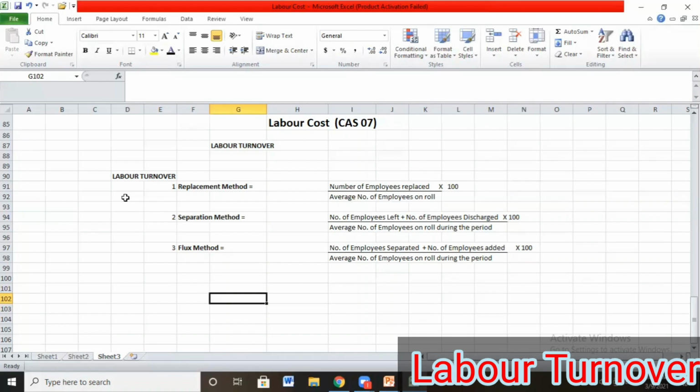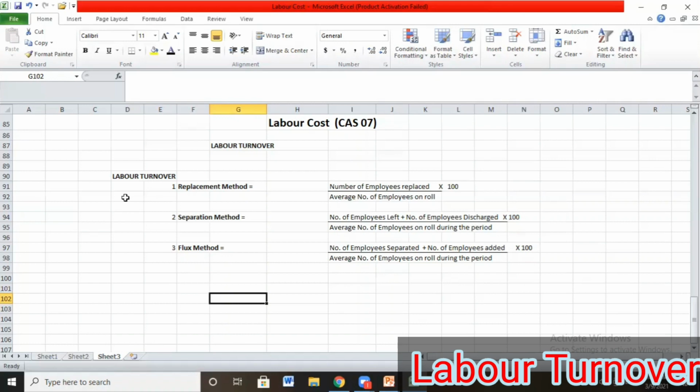So the remedies, the steps to be taken. First is the exit interview. When any employee is leaving your job, we should conduct his exit interview. In the exit interview, the outgoing employee may answer the reason and may enlighten us about some reasons why he is leaving the job, and if they are avoidable we can go for it.